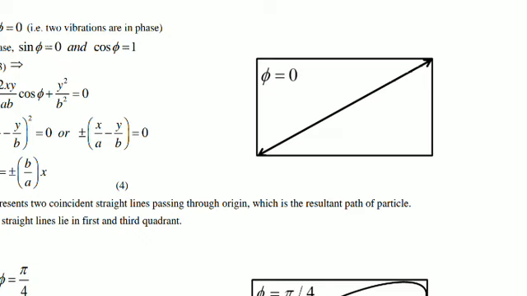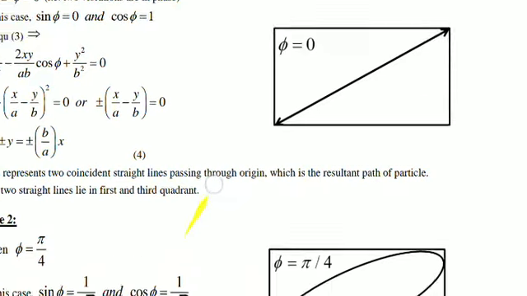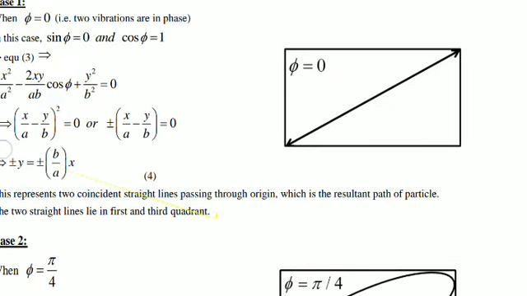Okay, so when the phase difference between these two waves is 0, and if they travel at a right angle to each other and arrive at a point simultaneously, so that the phase difference is 0, then the resultant path traced by that particular particle will be a straight line. Now there will not be any ellipse. There will be only a straight line. Actually, the ellipse equation is the most general equation. You can get any equation of curve out of that ellipse equation. Therefore I have told you that the equation of ellipse is the most general equation. Now when the phase difference is 0, we will be getting the straight line.